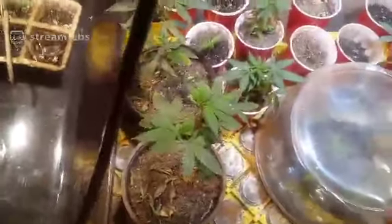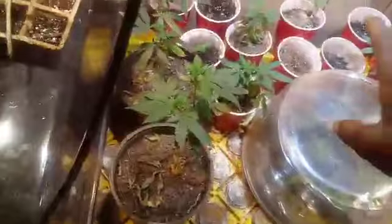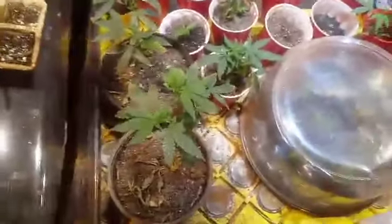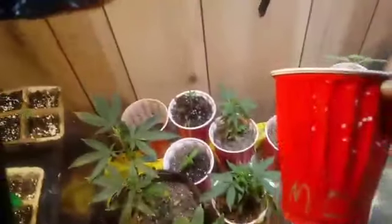Like all this dirt, I've been having it for over a year. Every dirt that's in here has been recycled and reused for over a year. I keep them in these cups and I just re-amend the cups. I take these cups that dried out and died out on me, re-wet them, dump them in another cup and pretty much transplant with that soil into another cup. All these cups, if you can see the writing on each one of these cups,